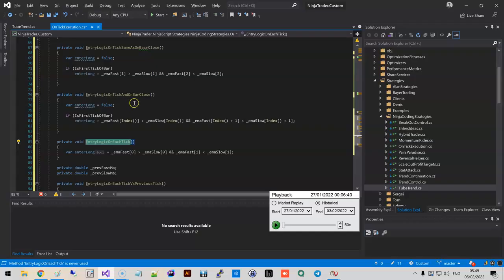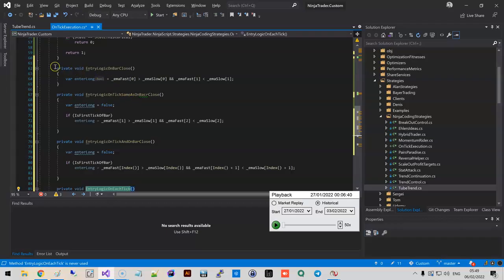However, as you can see, on bar close logic is very limited. So if you want to write something on tick and you also want to execute the strategy historically, you come to an understanding that historically it's going to execute completely different. Well, it doesn't have to, okay? Because Ninja has an option which is called